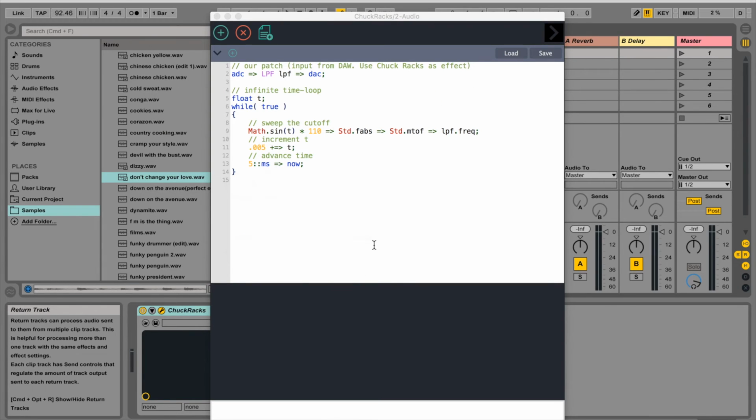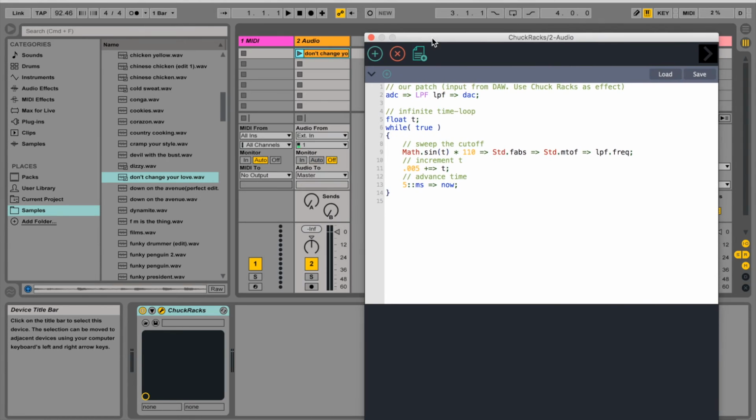So here, ADC stands for the input into the plugin, and DAC the output. So this is going through a filter, a low pass filter, and then this loop over here is updating the frequency of the filter. So let's hear how that sounds. There you go. It's a sine wave, and we can make it